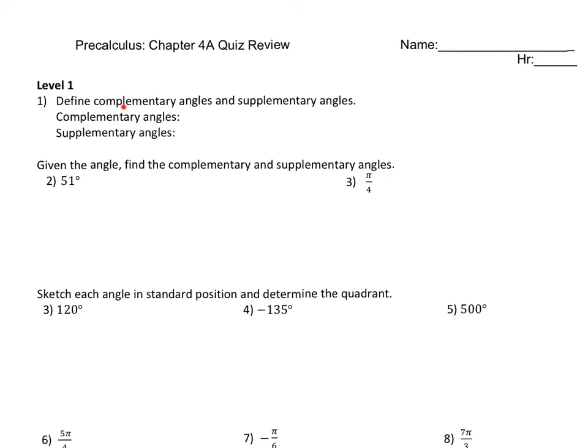So let's get started with complementary and supplementary angles. Here I have a question that is helping you define them. If you remember back in one of the journals, complementary angles are two positive angles, make sure that they are positive, that add up or sum up to be 90